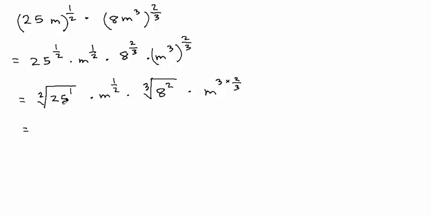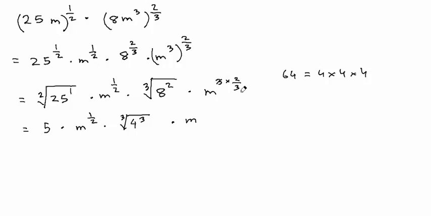Square root of 25 is 5 times m raised to the 1/2 times 8 square is 64. We need to find the cube root of 64. The idea is to break down or factorize 64. Now if you think about 64, 64 is equal to 4 times 4 times 4. 4 times 4 is 16. 16 times 4 is 64. Therefore, we can rewrite that as cube root of 4 cubed. I just replaced 8 square, which is 64, with 4 cubed, which is also 64, times m raised to the,